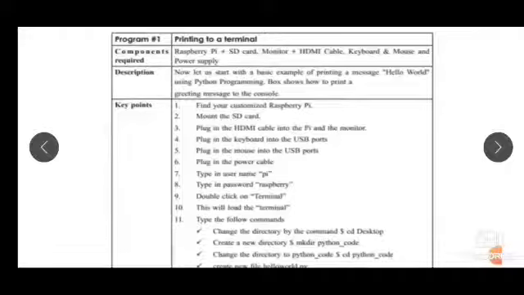Then you have to follow the commands, like you have to change the directory to desktop, then create a new directory, Python code, so that we can store all our programs in this directory. So create a new directory, mkdir and Python code. Mkdir is for make directory, so you will create a new directory by make directory command and the name of the directory is Python code. Then from your current directory you need to change to the Python code directory, so you will use the cd command which is here. The cd command you will use and cd python code,